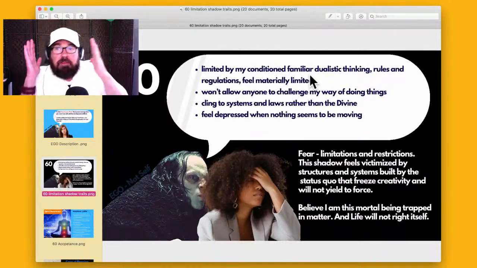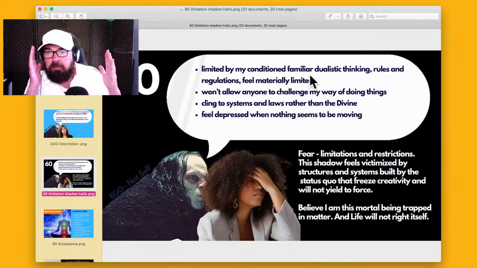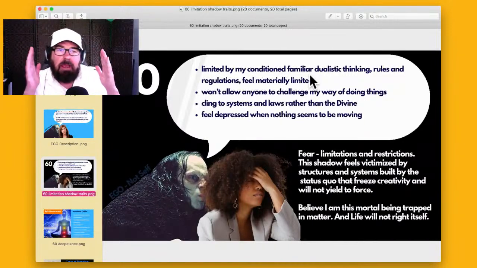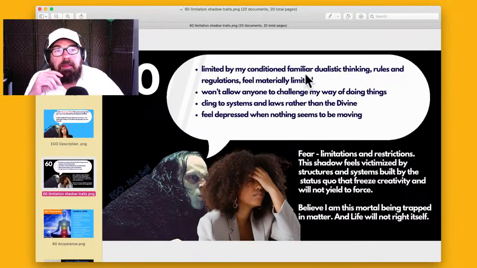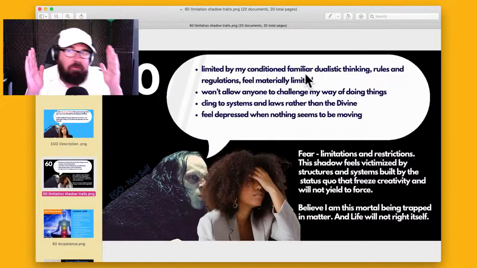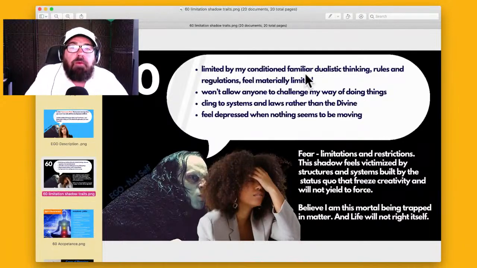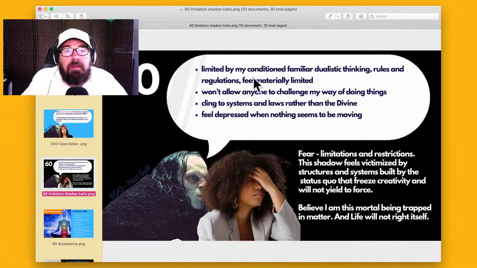So feeling like you're stuck, right? You're stuck in the horizontal, this or that, this or that, this or that. The way out is the vertical. You got to go up, right? And the limitation, the shadow of limitation keeps you in this, keeps you back and forth with the mind. That's what the mind does.